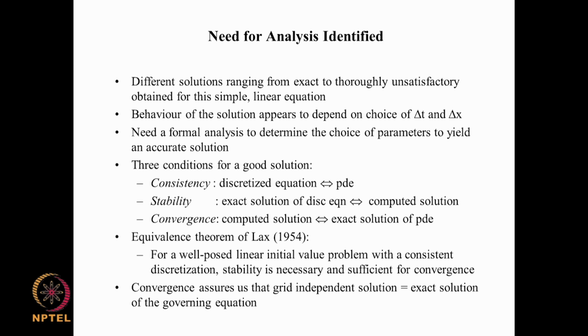So, convergence assures us of a grid independent solution, that is, a solution which does not effectively change with further decrease in delta x, because we have probably reached the limit of variation there in terms of the gradients that are present and in terms of the accuracy of the computer and all that. So, in such a case we can expect the exact solution to match with the converged solution, but it is not necessary